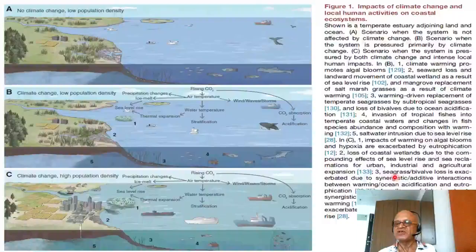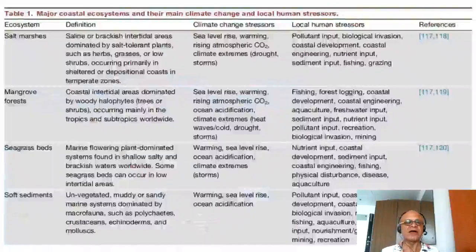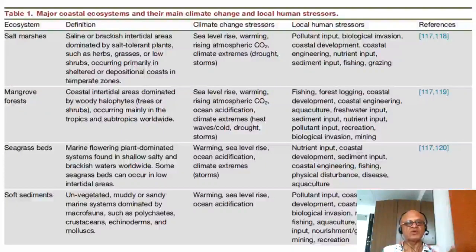In 3, you have seagrass, so you have separate numbering here again. Seagrass and bivalve loss is exacerbated due to synergistic or additive interactions between warming, ocean acidification and eutrophication. And 4, you can merge together collapse of fisheries due to synergistic interactions between overfishing and warming. And again, 5, intense groundwater withdrawal exacerbates saltwater intrusion driven by sea level rise. Okay, they are kind of intuitive. You probably heard already these things, but it's good to look at it in a review